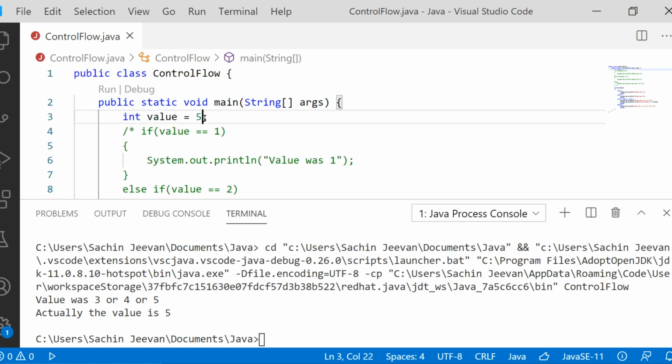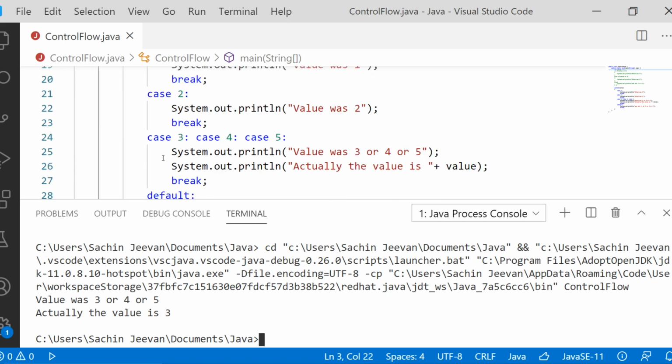Now let us change it to 4 to identify the difference. Now we execute, and "value was 3 or 4 or 5, but actually the value is 4". Then similarly we change it to 3 and execute. Value was 3 or 4 or 5, but actually the value is 3, right?